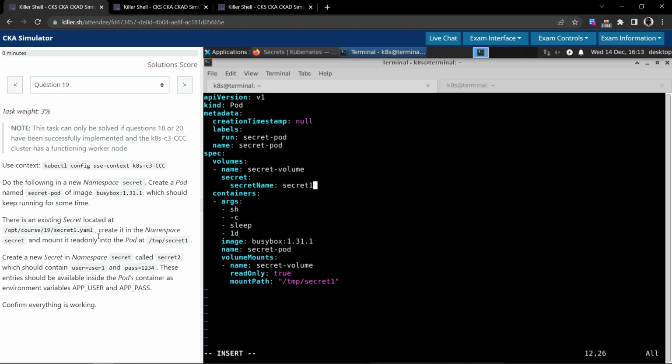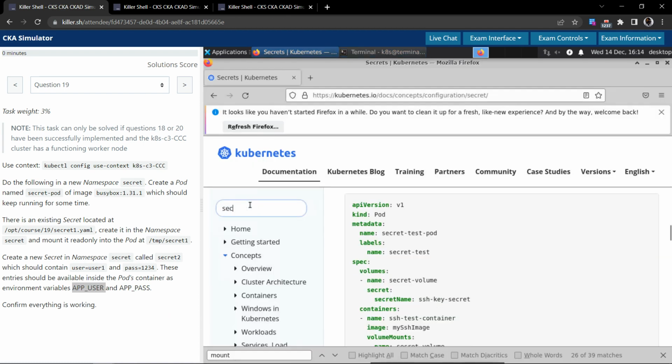They didn't give the volume name, so we are just using some random name as secret volume. That's fine. Now create a new secret, which we have already done, in the secret namespace, and the data for the secret is done. What they have specified is these entries should be available inside the pod's container as environment variables, app pass and app user. So we'll see secrets